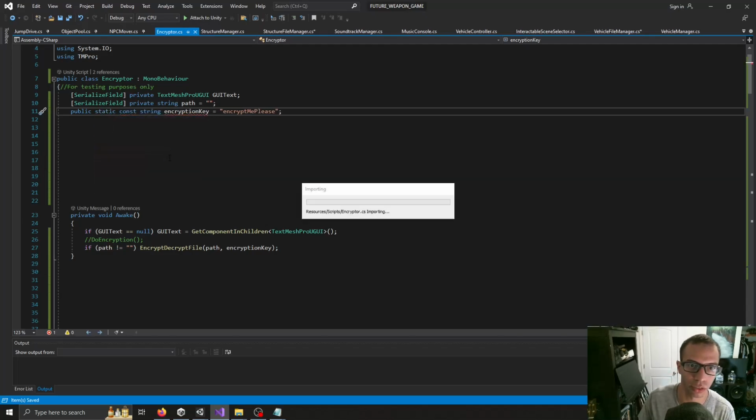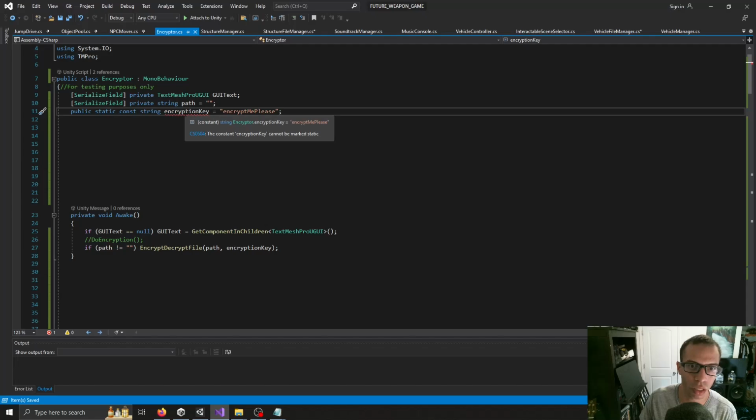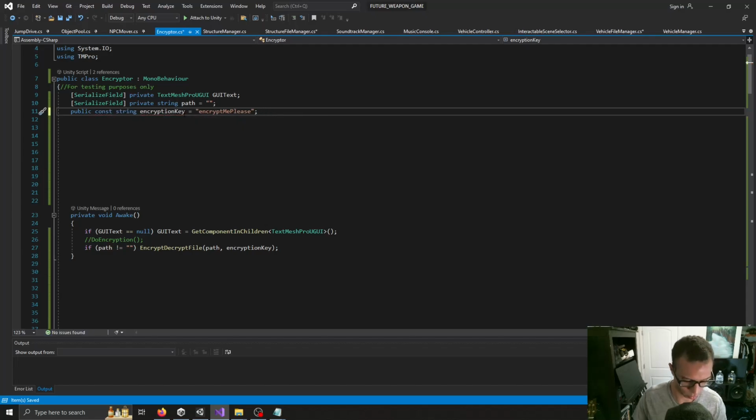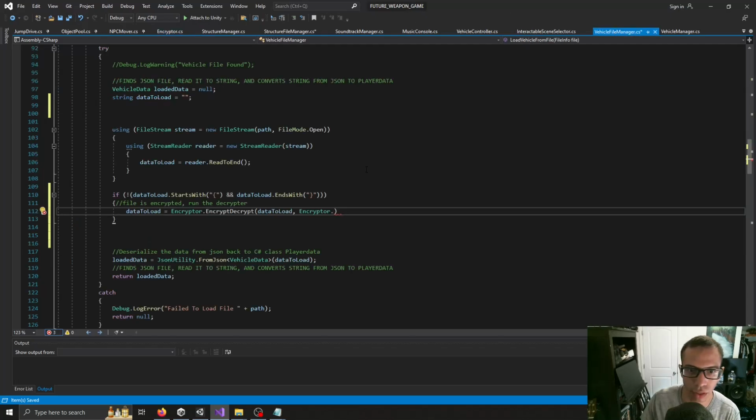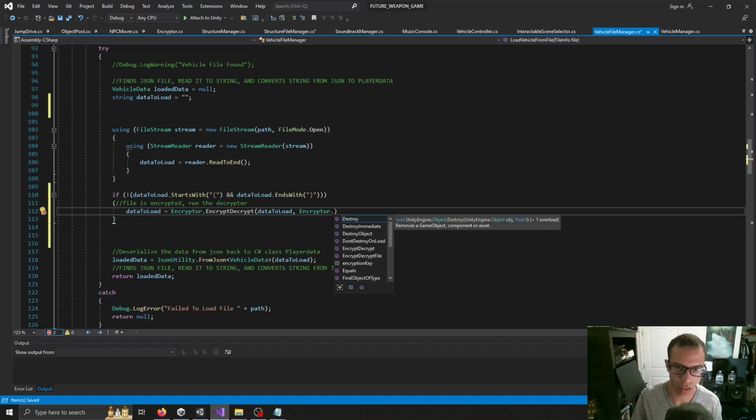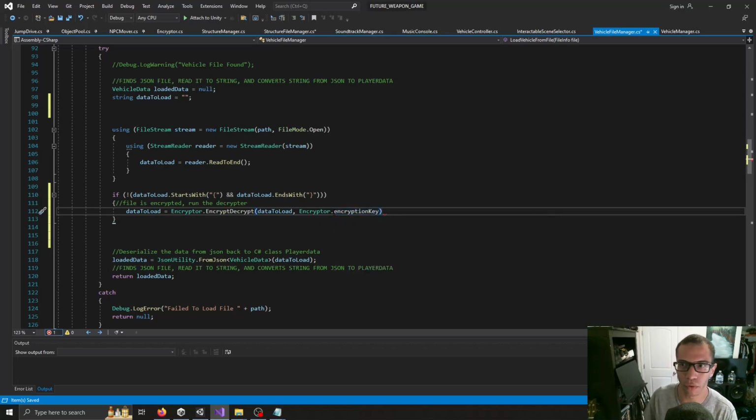I'm gonna make it static too. Why doesn't that work? Stupid. Oh well, I should be able to access it anyways. Encryptor dot encryption key. So if we use just the default, whatever you have loaded there, that should give me a decrypted